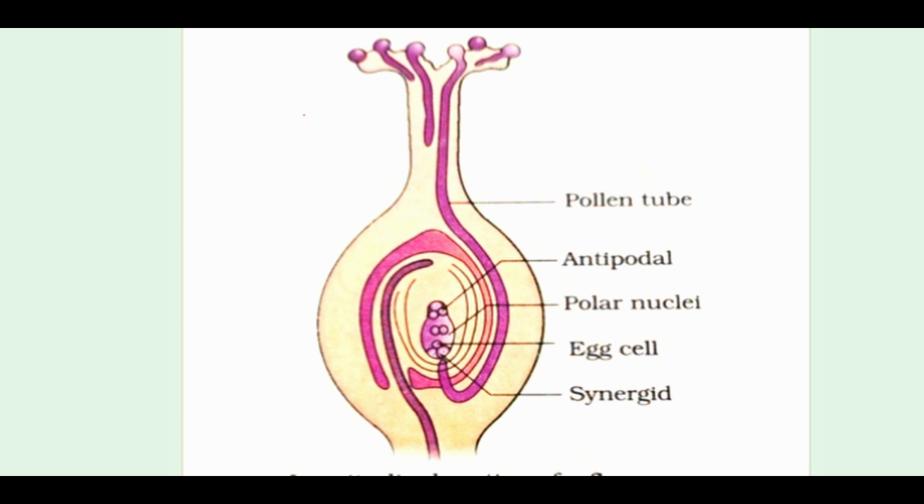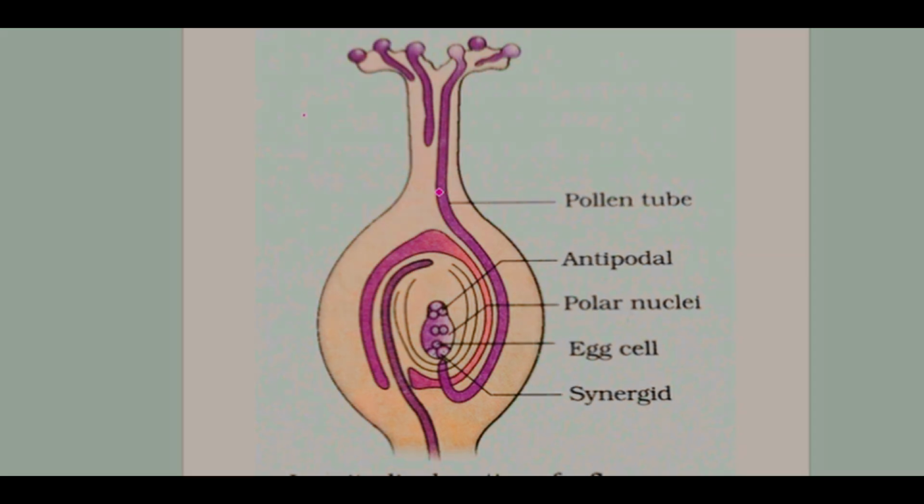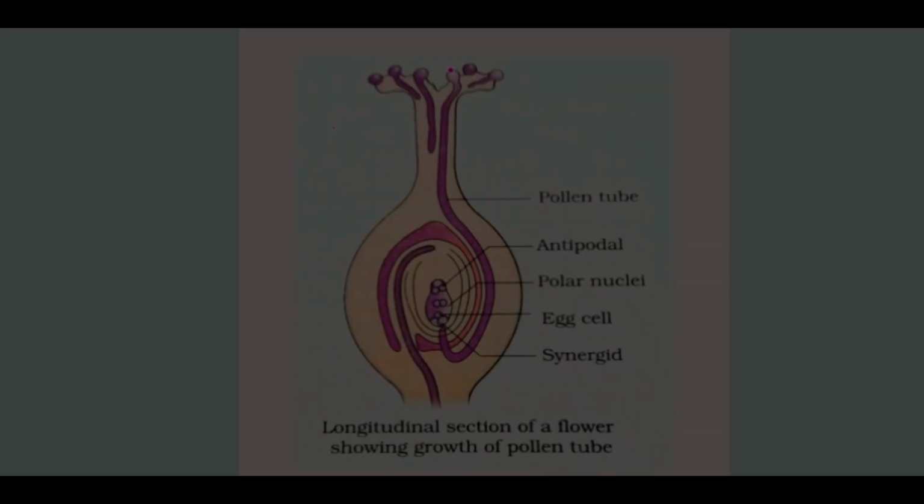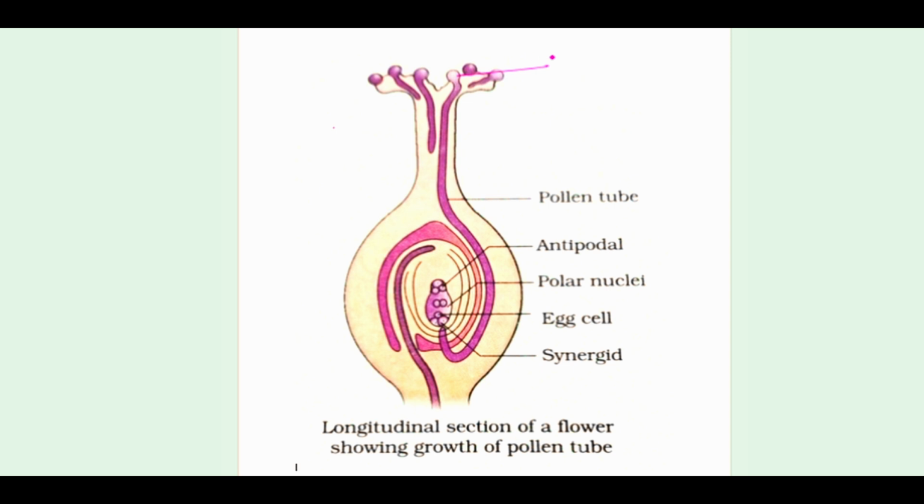So here this diagram is right in front of you for discussion of the structure. Here you can see this is the pollinated pistil where some of the important parts are mentioned. But in exam, if you are drawing, you have to label each and every part. This structure which is germinating, you have to label as the pollen grains, which are landing on the stigma for fertilization. The tube which is emerging out is termed as the pollen tube. Now the structure of the carpel you have to mention over here.